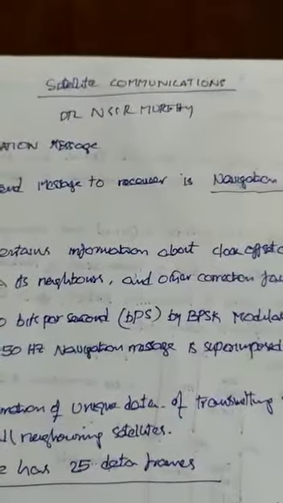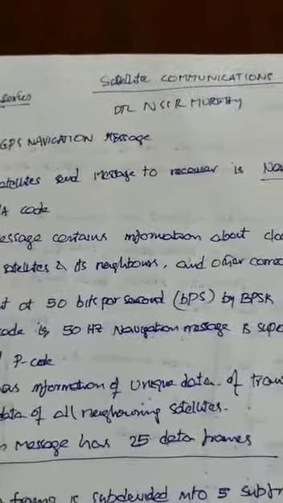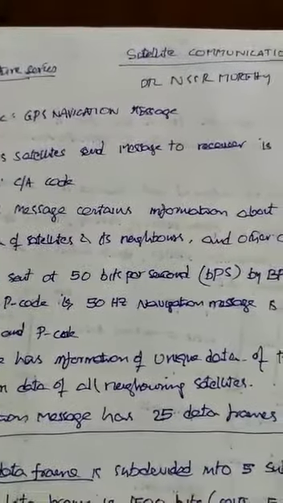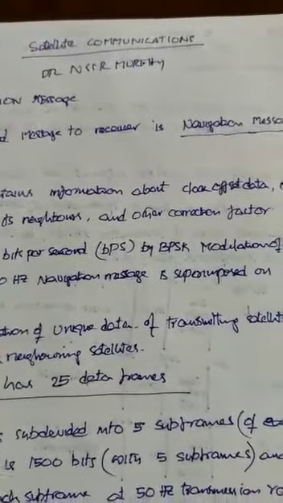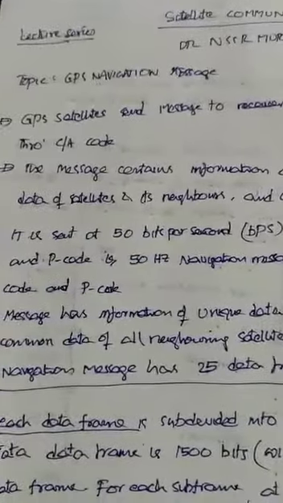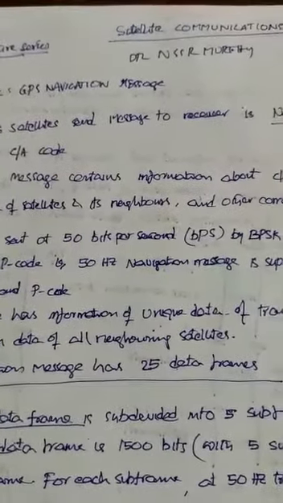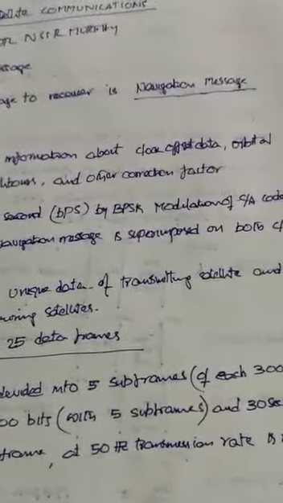Good morning, this is Dr. NSSR Murthy. We are talking in the next lecture of the GPS, that is the GPS navigation message. GPS satellites send messages to the GPS receiver, and that message is called the navigation message. This message is sent by the C/A code. So the message contains information about the